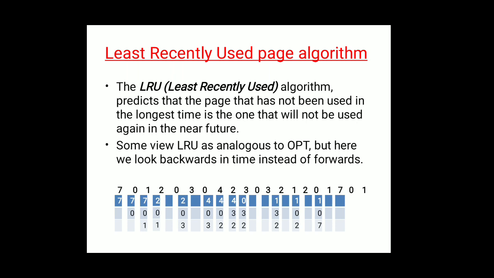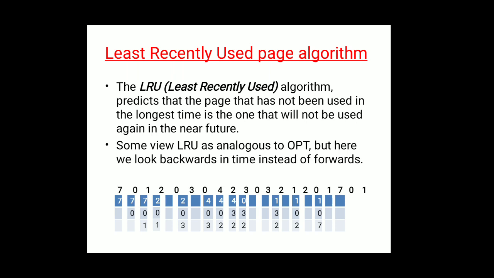Now coming to the page number 3. Page number 3 is not present in the main memory, so it has to be brought from the hard disk, and it will be marked as a page fault. Now the question is, which page has to be replaced? So 1 is such a number that has not been used for the longest period of time. So we are going to replace 1 with 3. So we will be getting 203 as the number, that is 203 will be marked as a page fault.